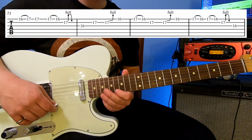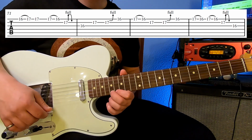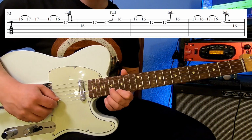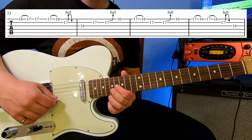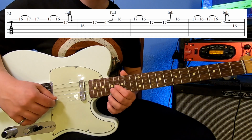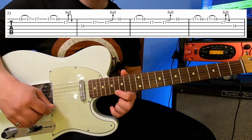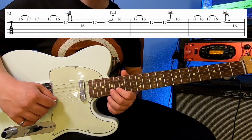Alright, to play that, you're going to play the 16th fret of the high E, hammer on to the 17th fret, play the 17th fret again, 17th fret one more time and pull it off to the 16th fret, pre-apply your bender on the 17th fret of your B string and release it, 16th fret G, 17th fret B string, play it one more time, 17th fret of the B, and then use your bender, full bend, 16th fret of the high E string, pull off the 17th fret to the 16th fret, high E, B string again, 17th fret, play it one more time, then use your bender with a full bend,